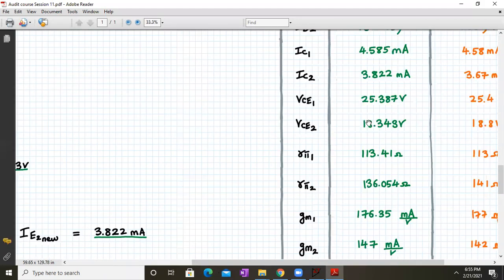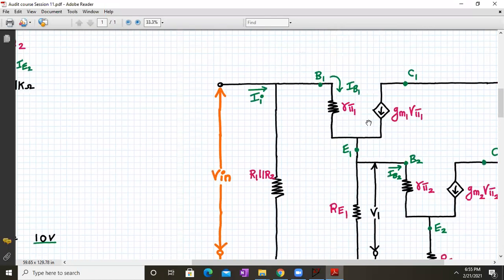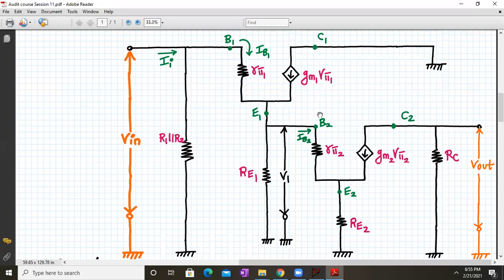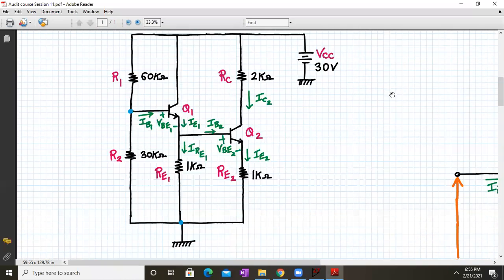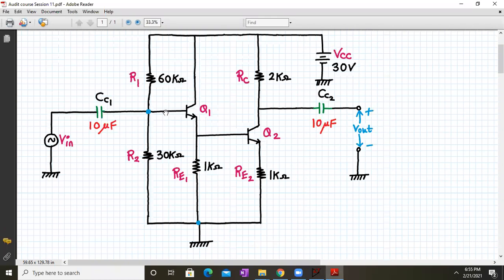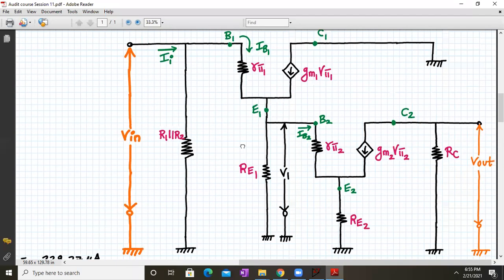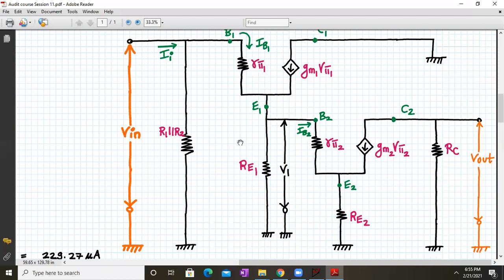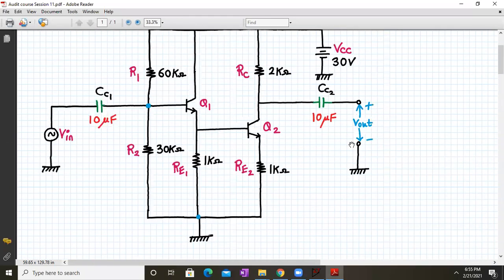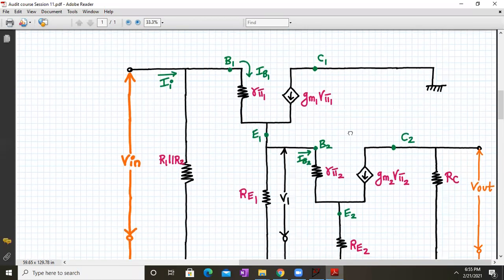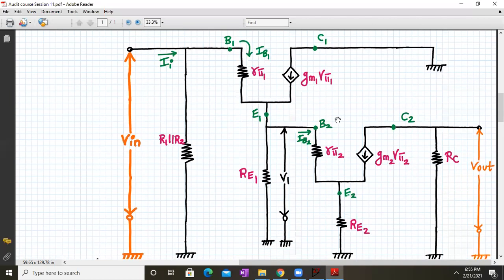Now, let me show you the small signal equivalent circuit from which we have derived. So this is the small signal equivalent circuit corresponding to this diagram. Okay. So what we do here is we replace these transistors by its hybrid pi model, and we assume that the capacitors are short circuited. Okay. So we don't consider those capacitors. We'll assume it to be, for mid frequency range, a short circuit.